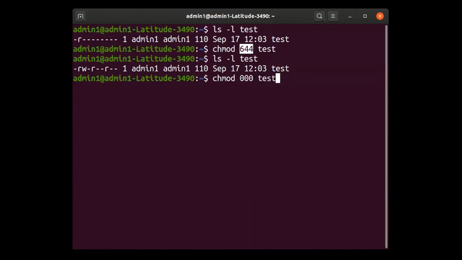Now if I give a combination, 4 plus 1 as 5, that means I am giving the permission. See, if I give 4 plus 1 as 5, it means what? I am giving read and execute permission, correct? That is fine, but I don't want to give permission, correct? So when I don't want to give permission, logically thinking, right? Don't add anything. Understood? Don't add anything. But then you have to follow the syntax.